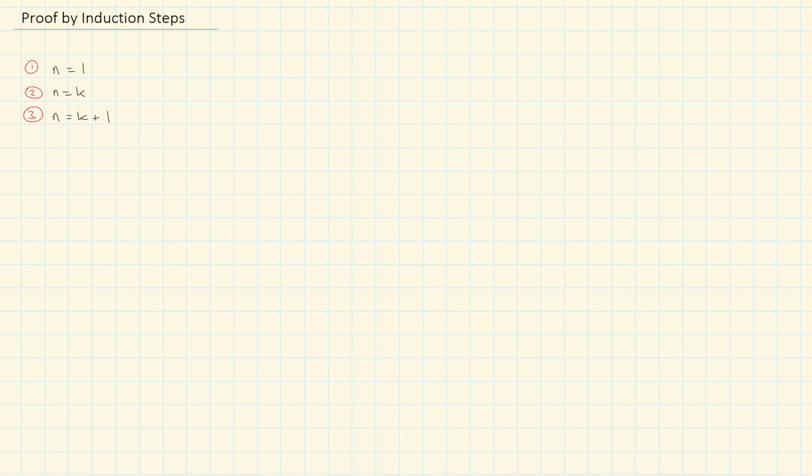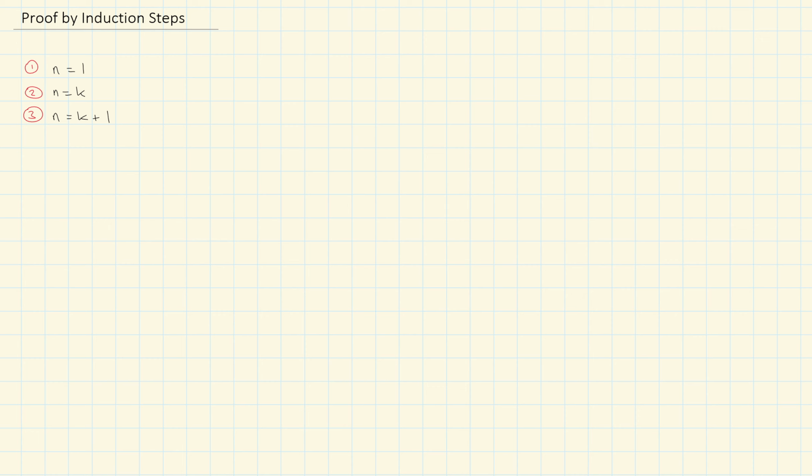Okay, so in this video we're going to look at the steps required for a proof by induction question. So this covers any proof by induction question for divisibility, series, inequalities, and de Moivre's also. Okay, so our three steps always, and in this order, is n equals 1, n equals k, and n equals